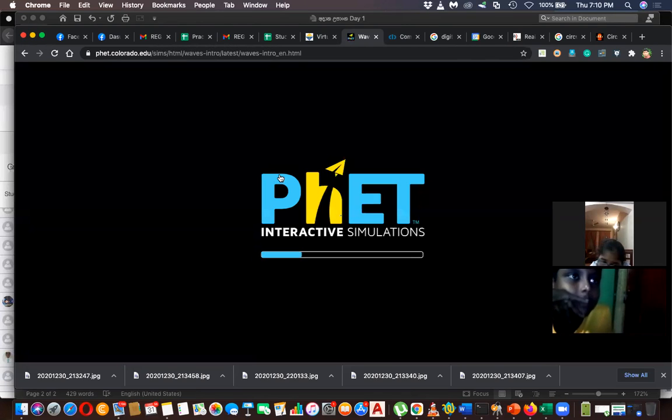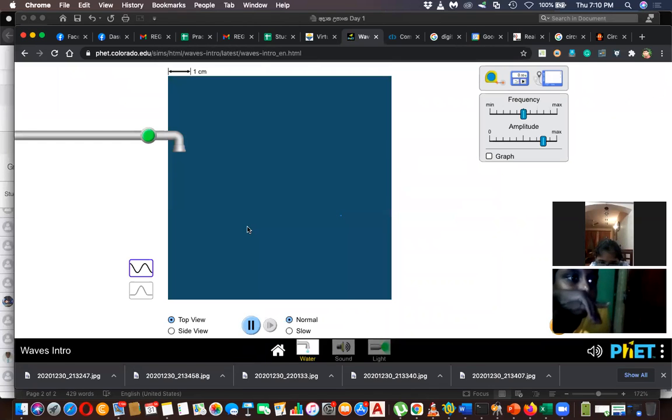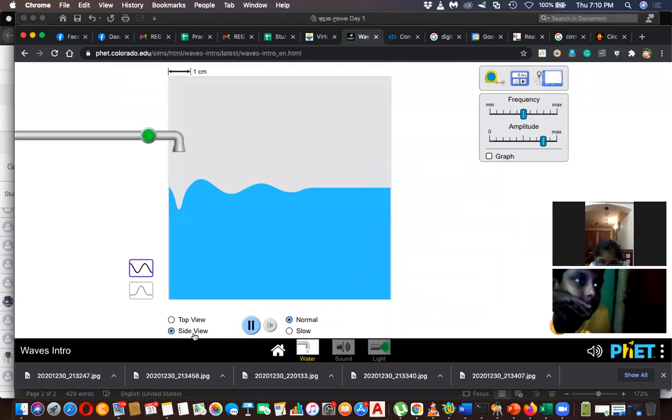See this? Okay. I have a tap, now I have water. And I'm going to view the side view. And this is how a wave is generated. You have seen that when a water drop falls into water, a wave is formed. This is science. When you increase or when you decrease the frequency, when the frequency is reduced, you can see the